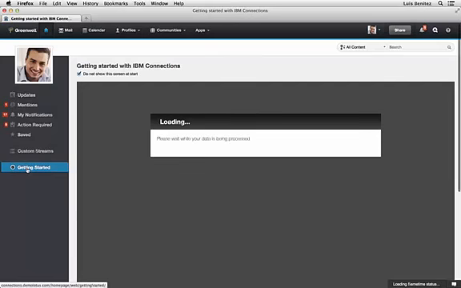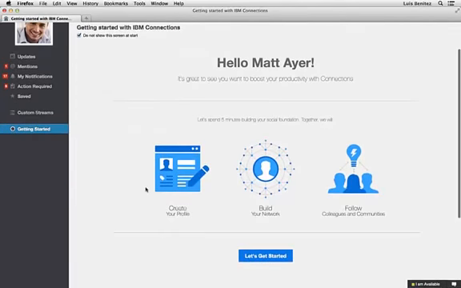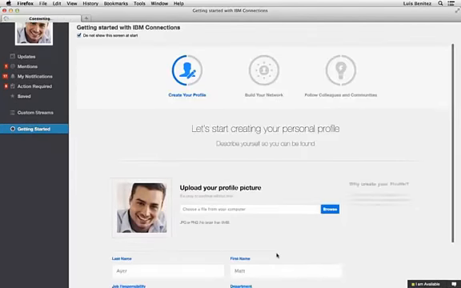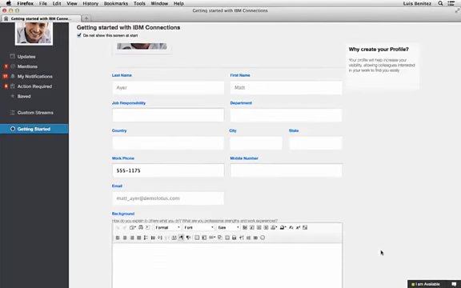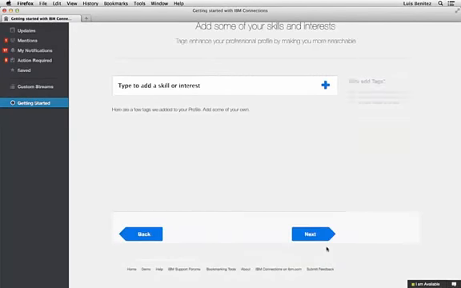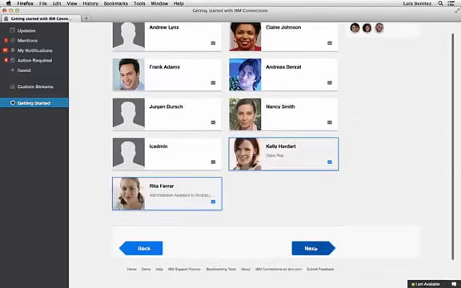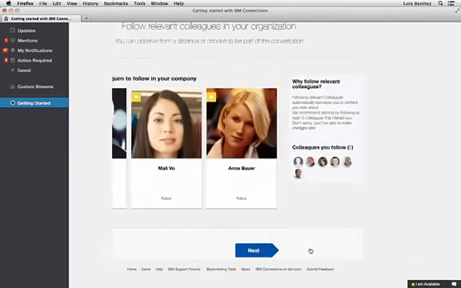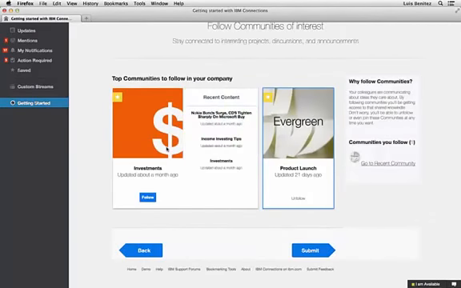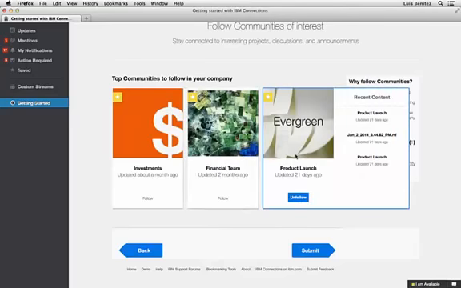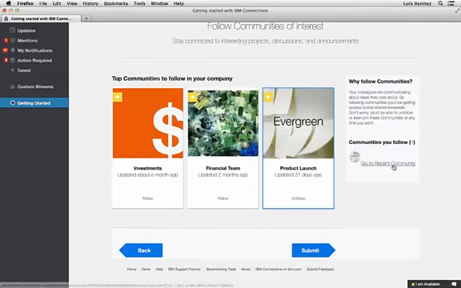This new Getting Started capability provides an interactive user experience that guides my new team members through a set of steps to fill the missing parts in their profile, confirm their skills, build their network, and choose users and communities to follow. This personalized experience jumpstarts their ability to start collaborating, and they're able to get improved user adoption and